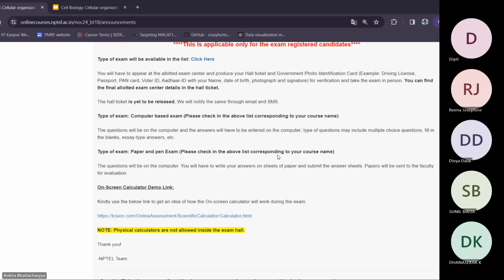And I hope you've all tried to complete the assignments to your best possible ability, because that actually adds to your overall score on the course. And based on that, you can be graded with the gold level or the silver level, whatever it is, if you are in the top percentage of students who have qualified the course with the exam. And then that goes on the NPTEL website. So try to perform to the best of your abilities, and then you can add it to your CV. It's an achievement for you, and of course, it's a learning experience as well.